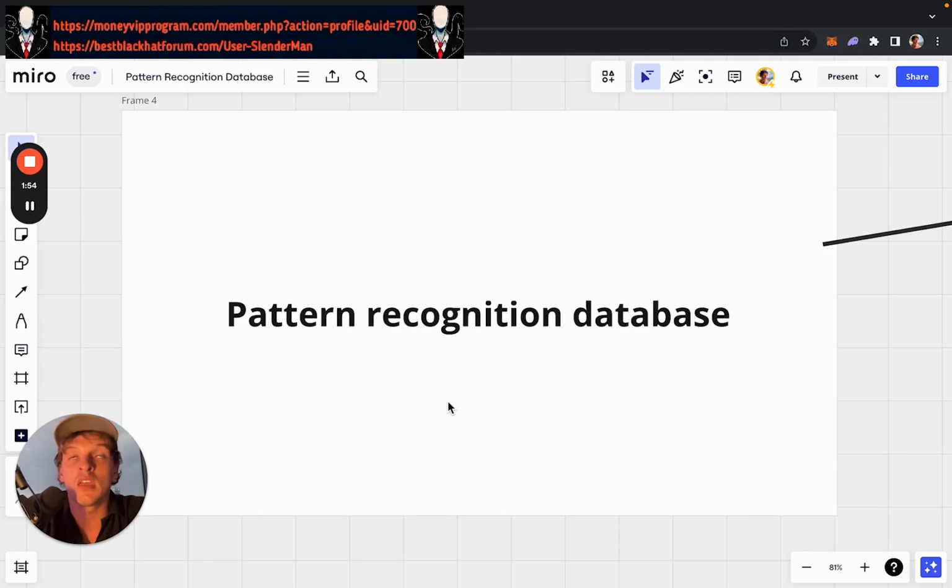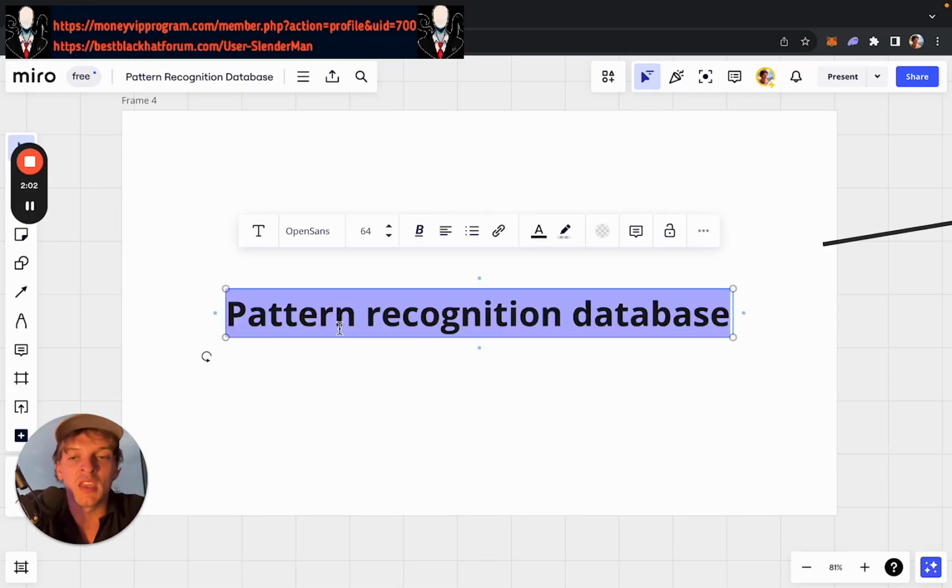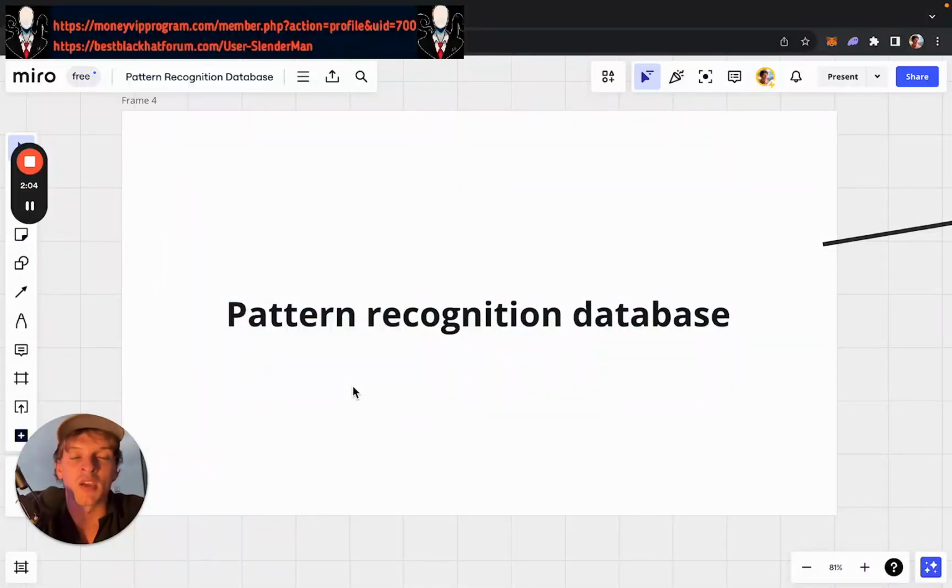So if you ever hear the same footstep pattern, if you ever hear the roar of a lion, if you ever see the lion again, your pattern recognition database will kick in and it will notify you instantly to stay away. And in investing, it's a very similar thing. How do I know what to buy and what to sell? Well, it's just pattern recognition database.